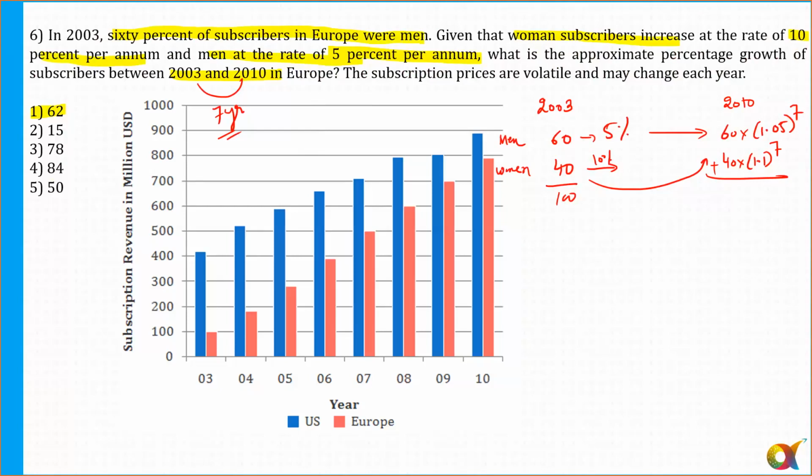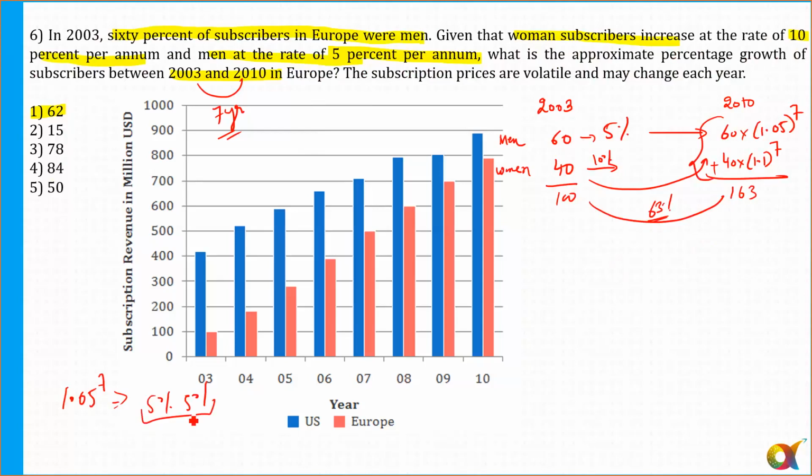So if you solve it, this value comes out to be approximately 163. So you will get this as somewhat close to 163. If you add these two, there is approximately a change of 63% here. Now how can I use it? When I say 1.05 raised to power 7, for me it is nothing but 5%, a 7 successive change of 5%.